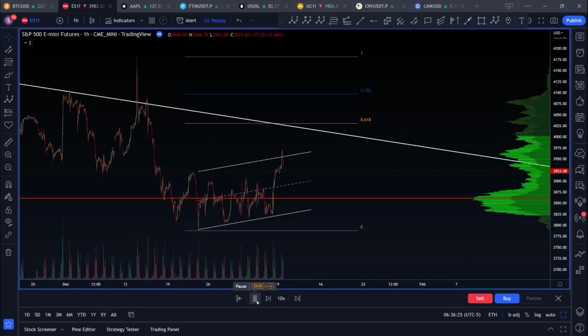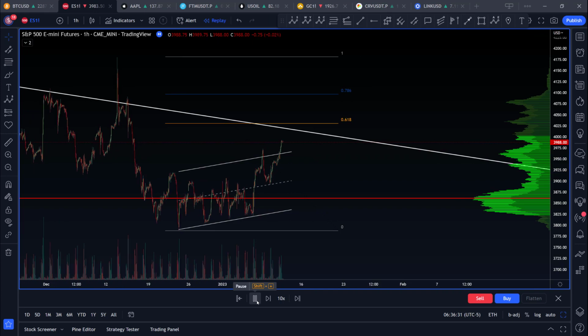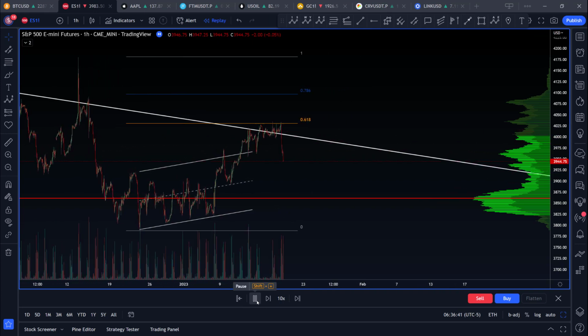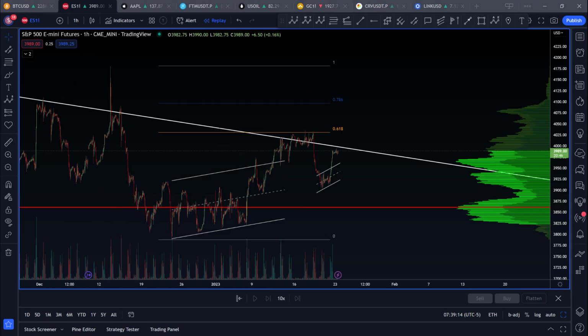If we fast forward, we see that price broke out of the base channel and faked out of the downtrend line just as expected before creating an impulsive move to the downside. Today, we find ourselves in a familiar situation. We have what was expected to be a corrective move, breaking out of the base channel that would typically contain a corrective move, and scarring this major downtrend line at a deep retracement of the impulsive wave it's correcting. So that puts us in a position where we can have one of 2 scenarios.